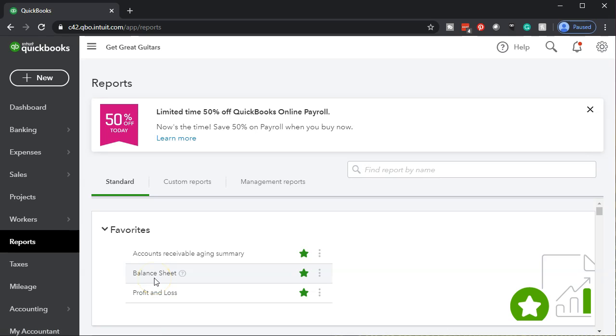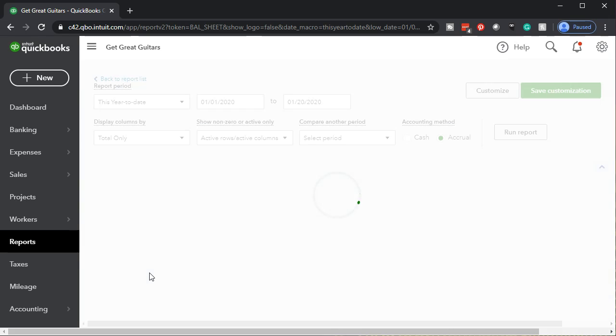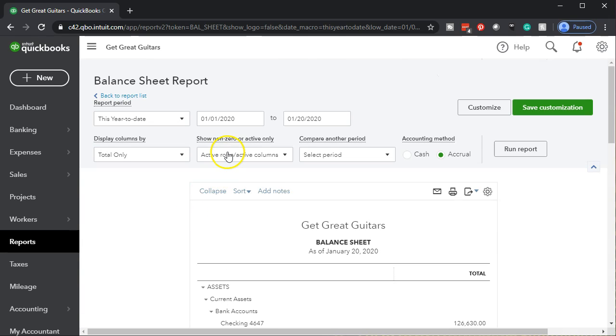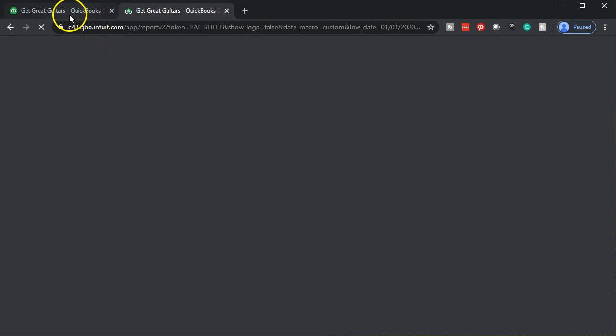Starting off with the balance sheet. We're going to be changing the dates up top. Let's go from 01/01/20 to 04/30/20. Let's go ahead and run that report. Then we're going to duplicate that report by right-clicking on the tab up top and duplicating it. Then we're going to go back to the tab to the left so we can open up